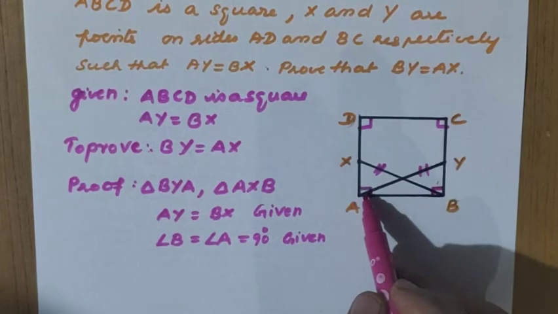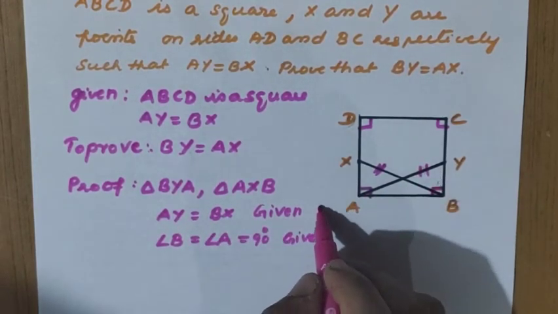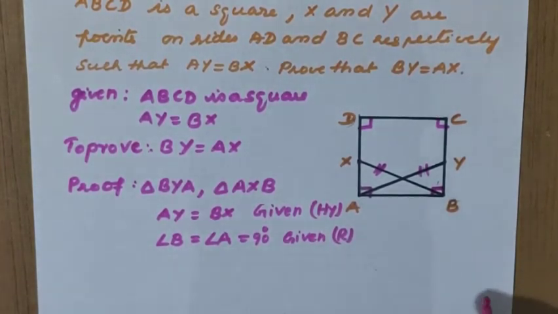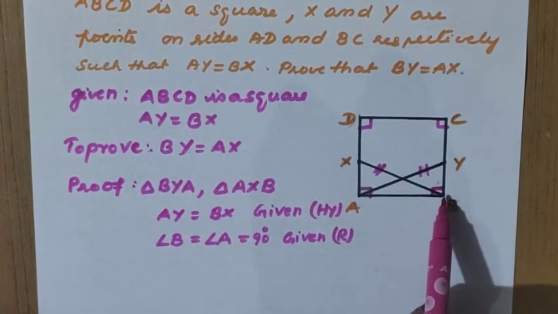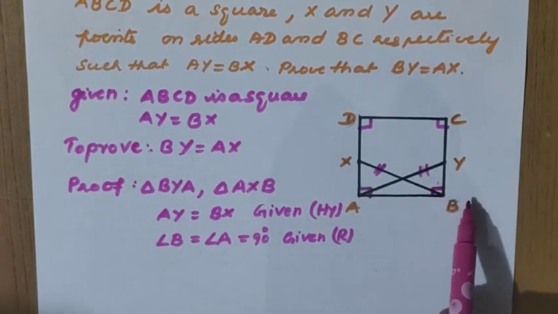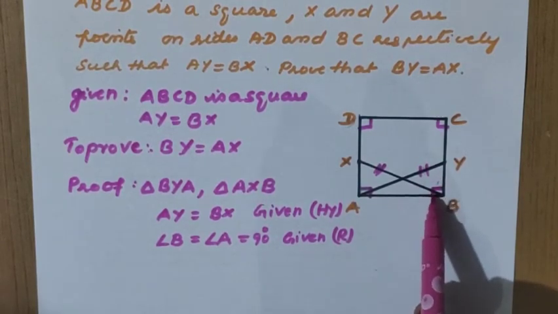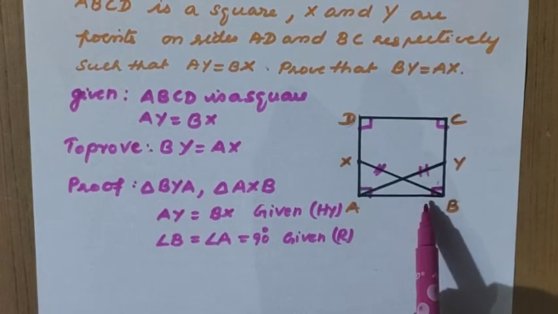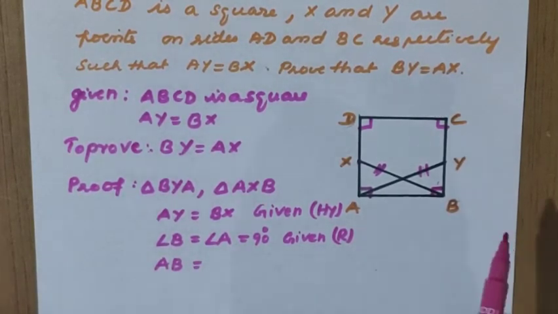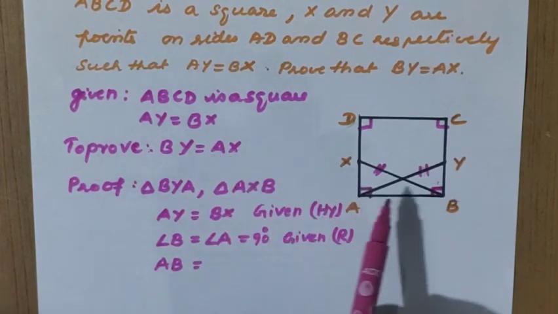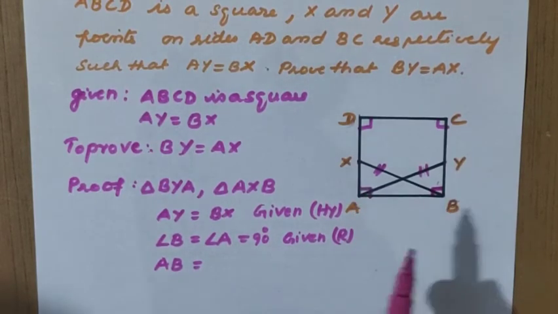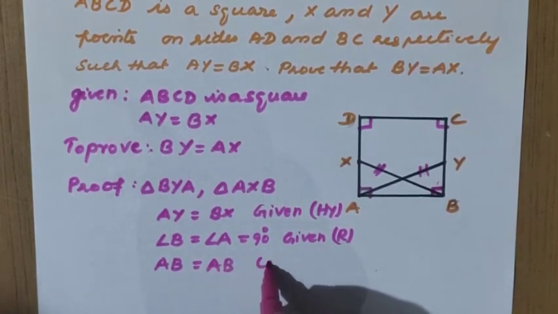What is the side opposite to this one? AY. AY we have already written. So it is a hypotenuse, right? And here we got right angle. So what is the extra additional criterion? We want one more side only. So let us see that BYA, BY to be proved, so we cannot take that side. AY is given and a right angle is given. So what is the left side? It is AB. Okay, so here AB I have written. Now let us see that AB is also coming in the next triangle, which is triangle AXB. See that AXB, we have taken BX and we have taken angle A and AB is coming. So AB is the common side.